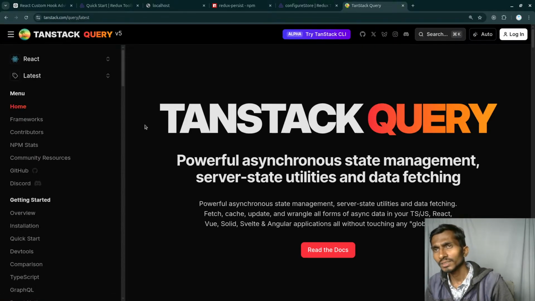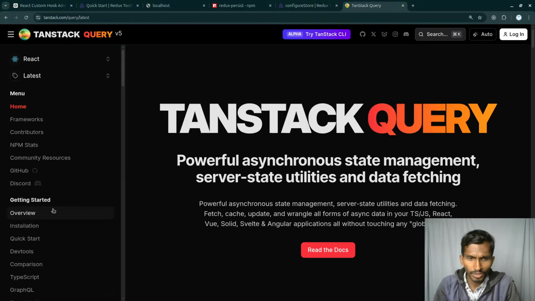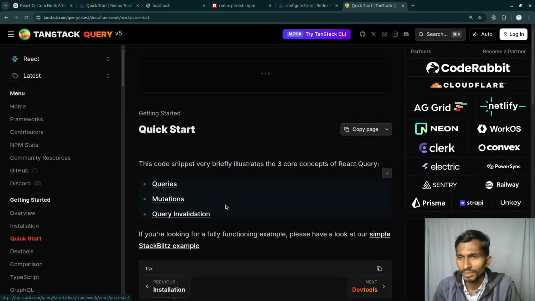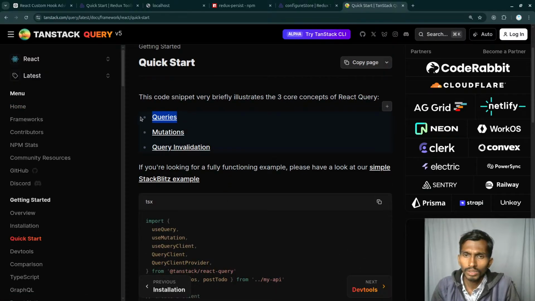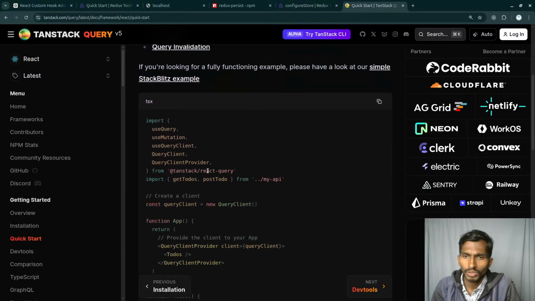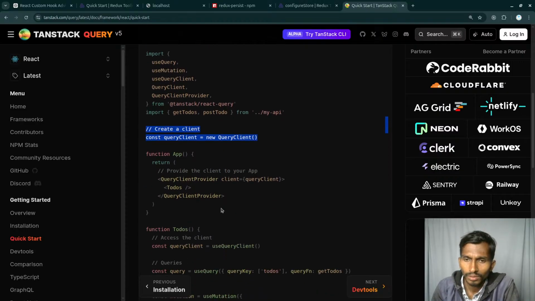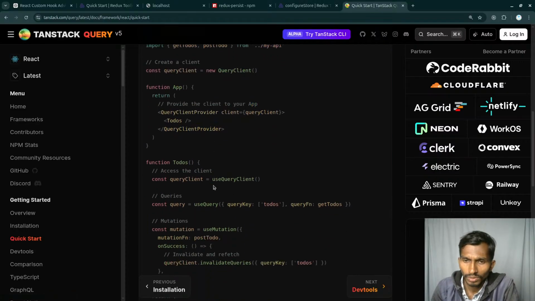Ultimately we get some of the state hooks from here, and then let's see what happens after that. So we get the queries, query invalidation and all. So QueryClient and new QueryClient. First of all, we'll have to wrap everything. Once everything is wrapped,